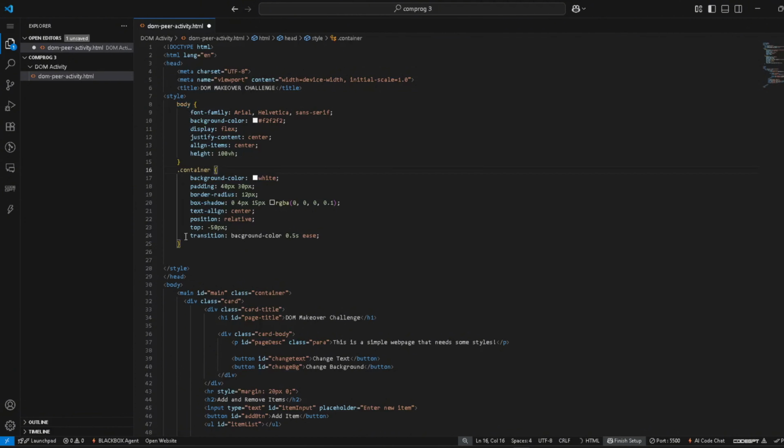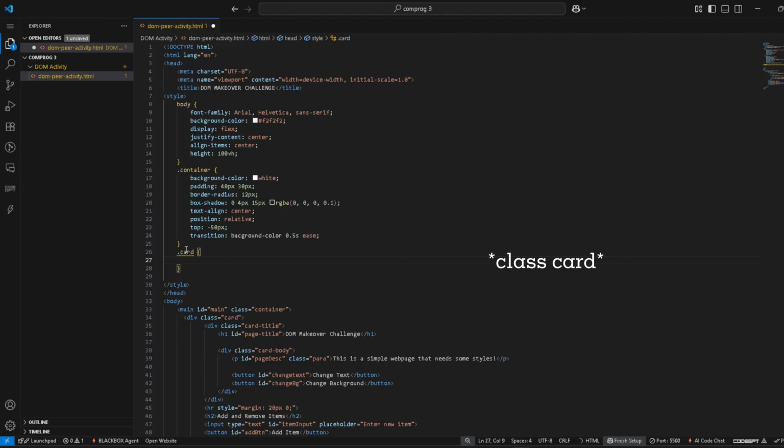So after the container, we have here the card CSS. By the way, what is a card in CSS? A card is a box used to group and display content like text, images, or buttons in a neat and organized way. You can think of it like a mini container or a frame that holds content together. First, we input the card tag, and then under the card tag,